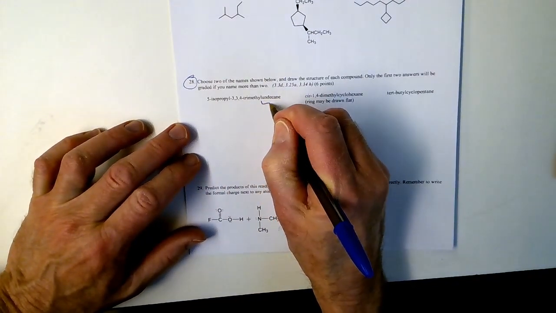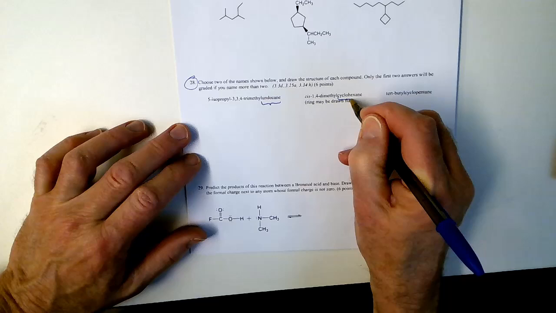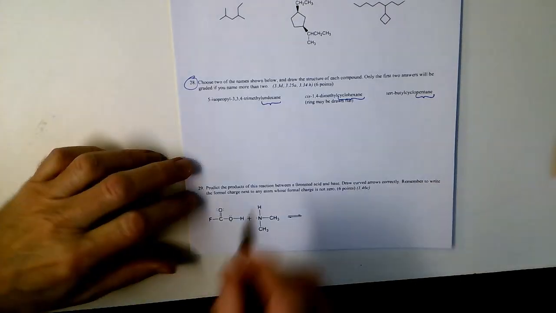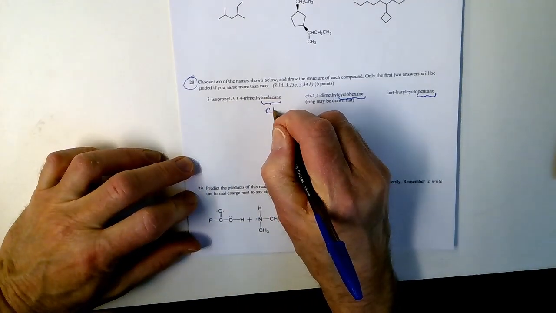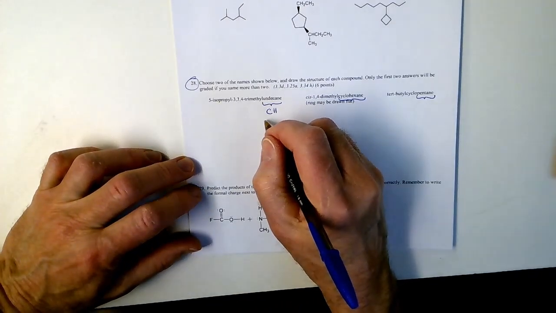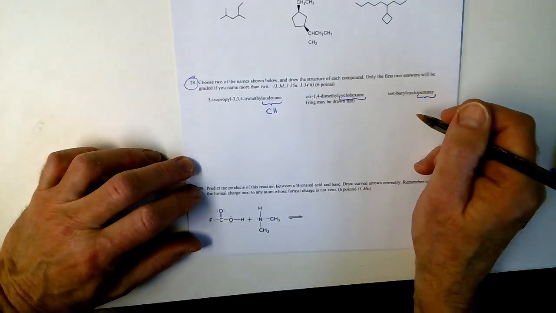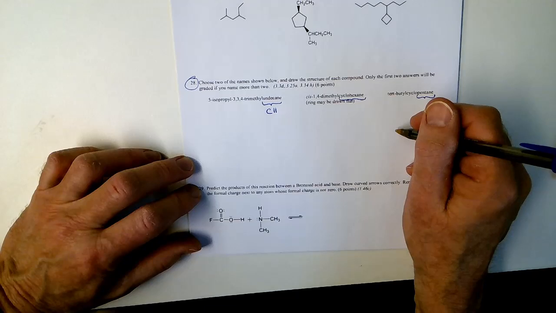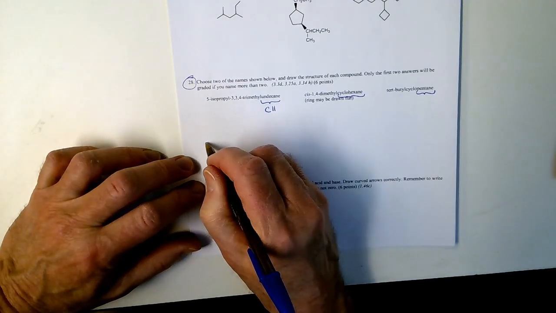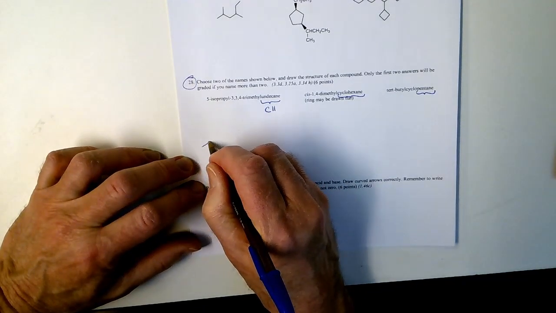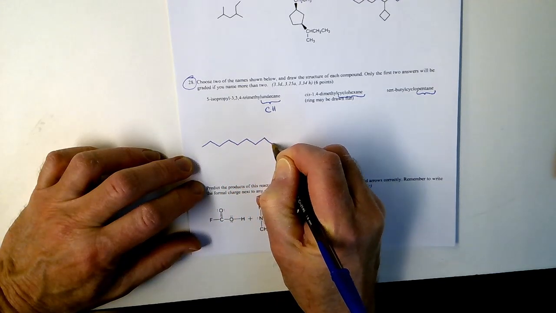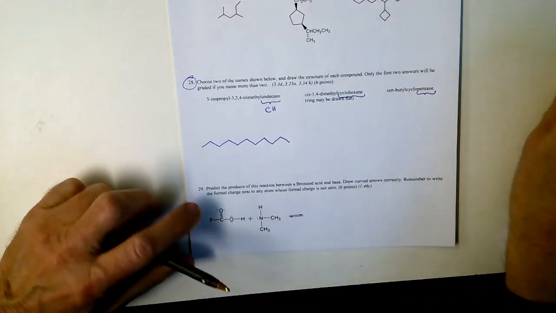Start with the last part of the name, if you're given a name and asked to go to a structure with it. So undecane means carbon, that's 11 carbons in a row. And cyclohexane, cyclopentane, you know what those mean. Either 6 or 5 carbons in a ring. Okay, so let's do this number 11 thing. So 2, 4, 6, 8, 10, 11.